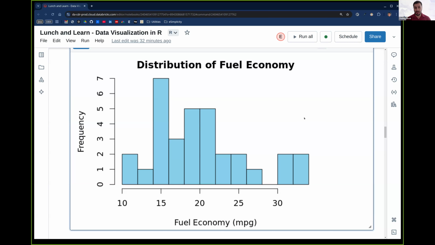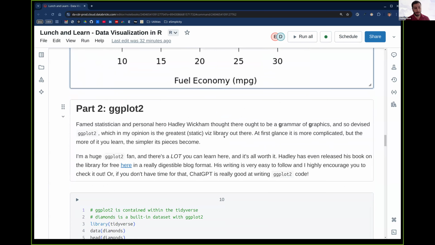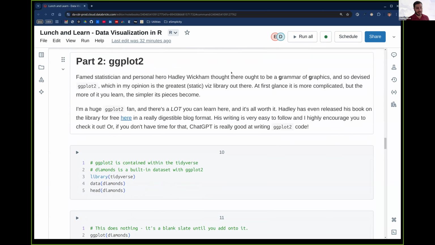If you want to get fancier than this, it actually does get pretty annoying in base R. So I just want to move on to the next thing, which is ggplot. There is a famous statistician and personal hero of mine named Hadley Wickham. You can read all about him. He's basically the face of the R programming language at this point. But back in the day, he thought there ought to be a grammar of graphics, a consistent syntax for making a visualization. So he devised the ggplot library, which in my opinion is the greatest library in R for making static visualization,